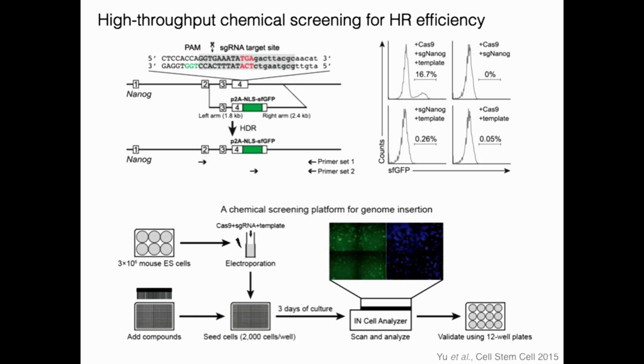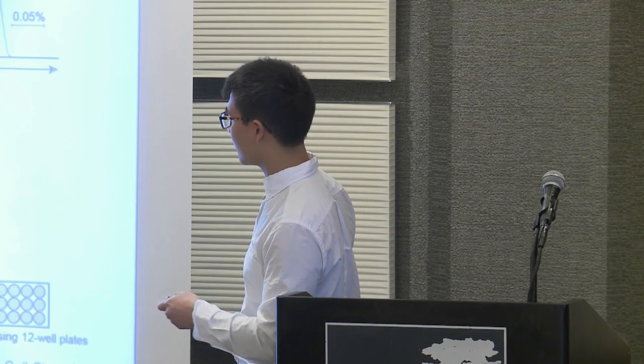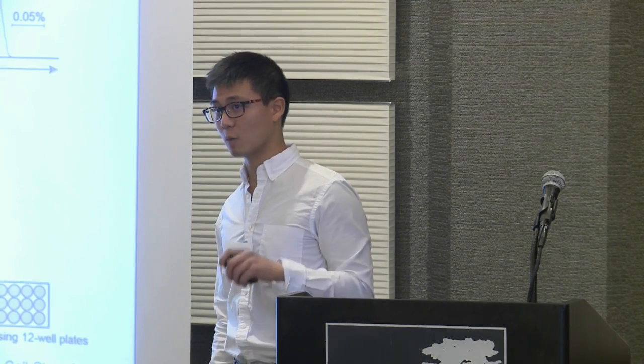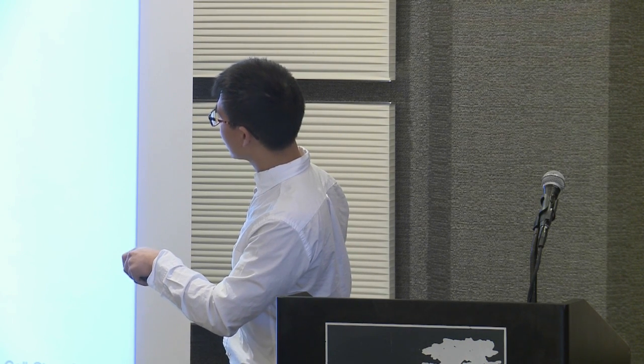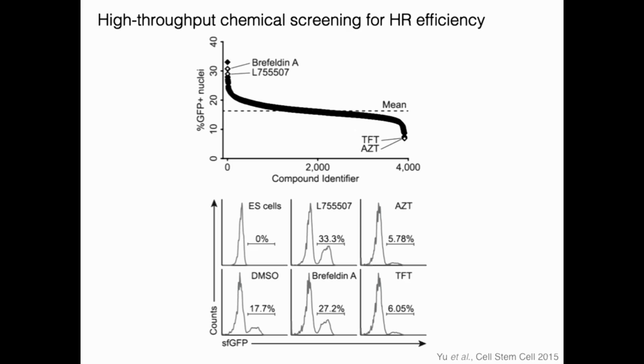17% homologous recombination. And then what they did was they developed a chemical screening platform where you took millions of ES cells, electroporated Cas9, guide and template, plated them out into 3 to 4 plates, plated on top a library of small molecules, and then used an automated imaging software to analyze GFP fluorescence in each individual well. And what they found was that out of 4,000 compounds that they screened at a basal rate of about 17